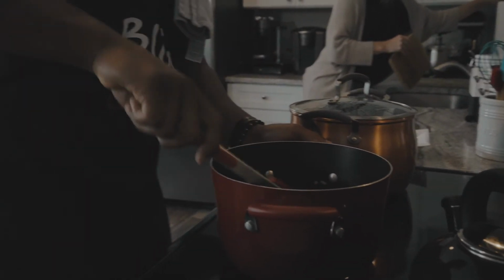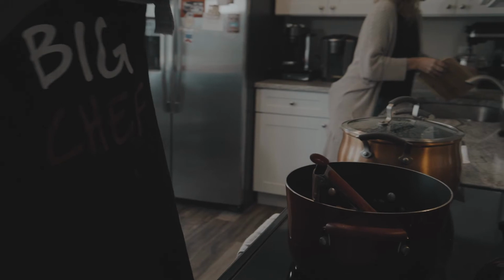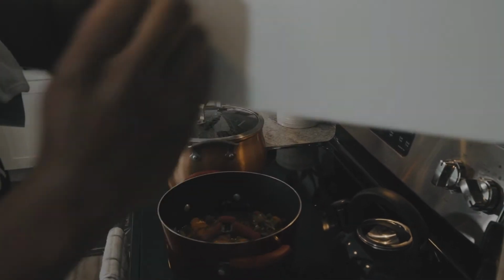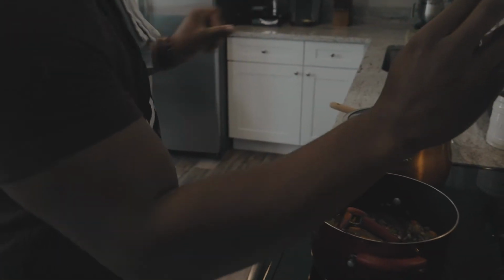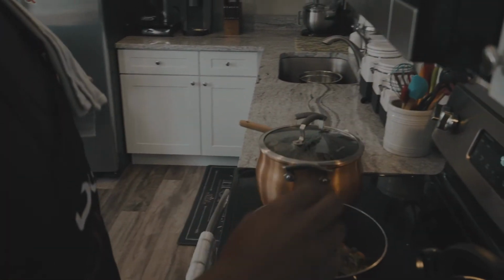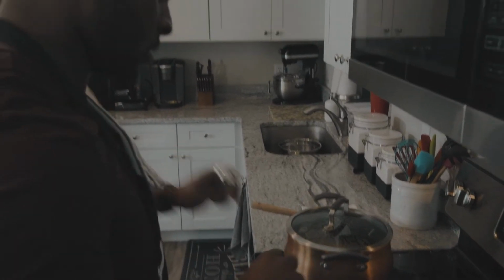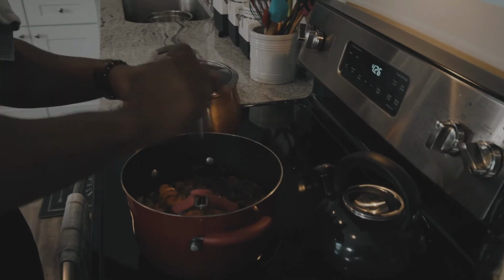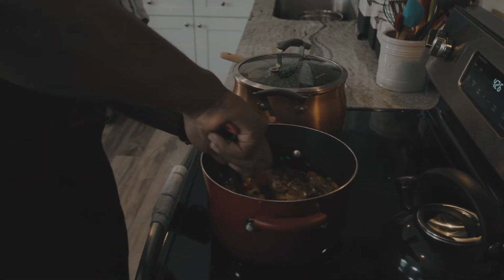Now, before I let this bad boy simmer, I'm going to add a little bit of salt and a little bit of pepper. Can you hand me the pepper, dear? Thank you. And then I'm gonna...